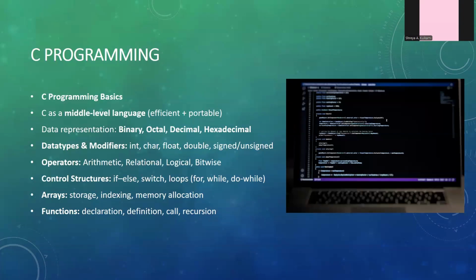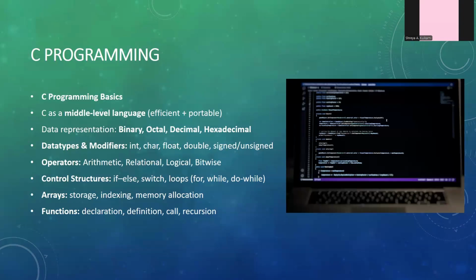Next is float. Float is used for storing the decimal values, fractional values, etc. Double is used for storing floating point again, but the resolution is more. Then signed and unsigned. In signed integers, you can have both positive as well as negative integers, but in unsigned int, the entire range that we have for integer, that is 4 byte, is taken for storing only positive numbers. So, for example, age can be unsigned integer, and maybe for something else, some range can be signed integer.